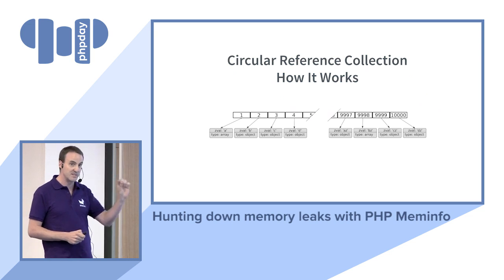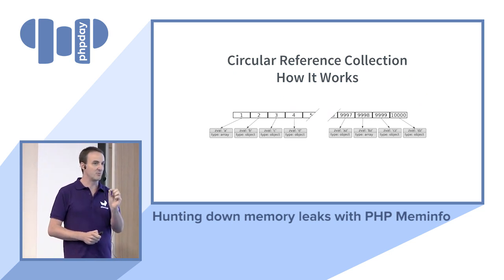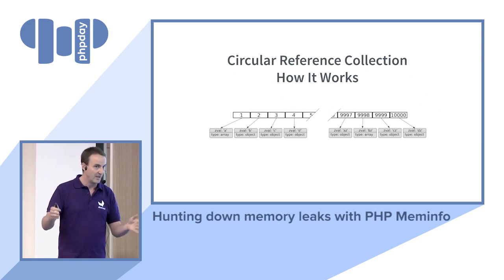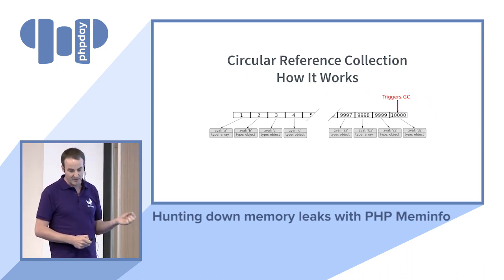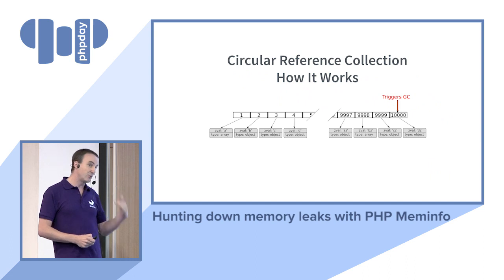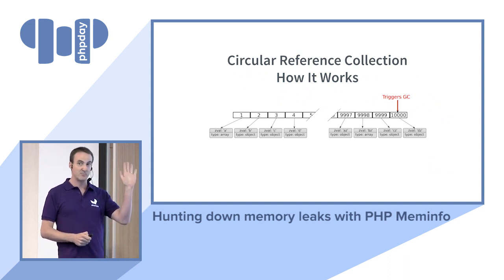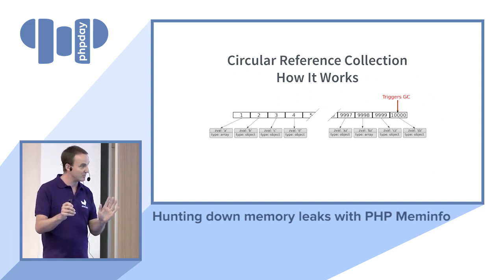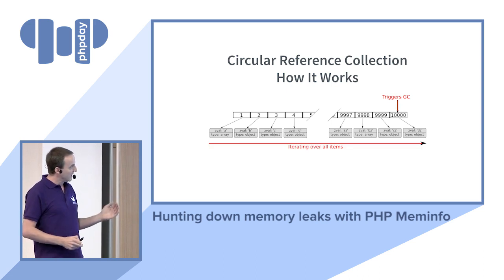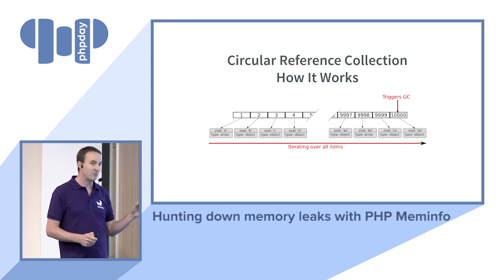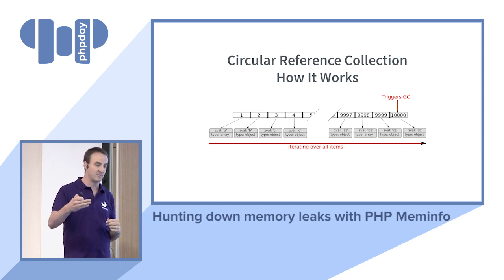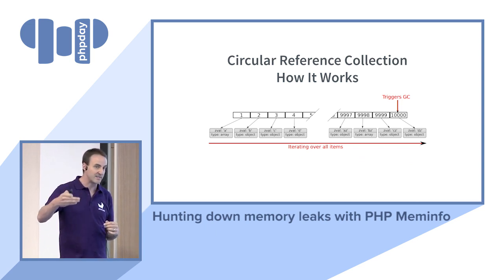Then, when it reaches the last entry of the buffer, when the buffer is full, the garbage collector is triggered. And what will happen at this time? It will interrupt your program. It will say, stop, I need to do something. Your program will stop. It will iterate over all items, and for all items, it will try to find out if there's still a living variable that is pointing